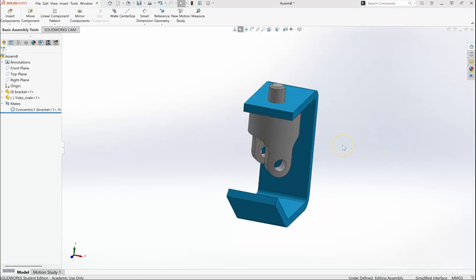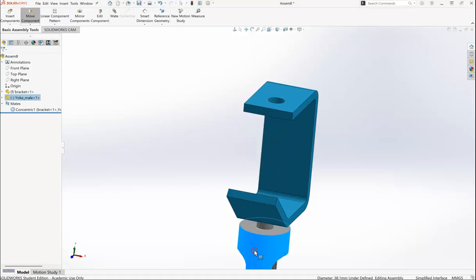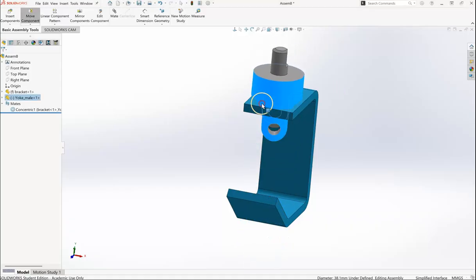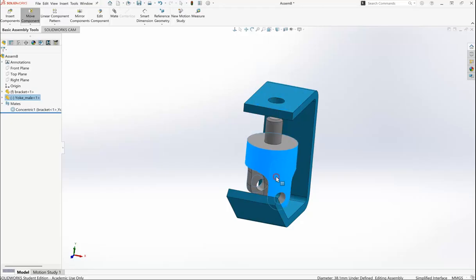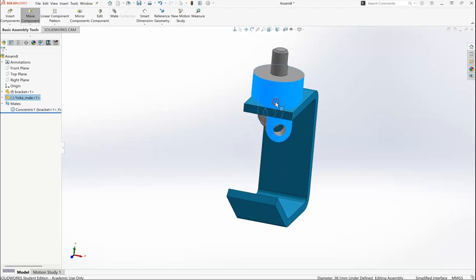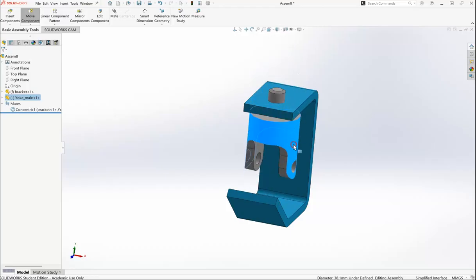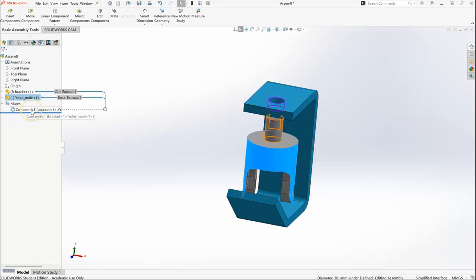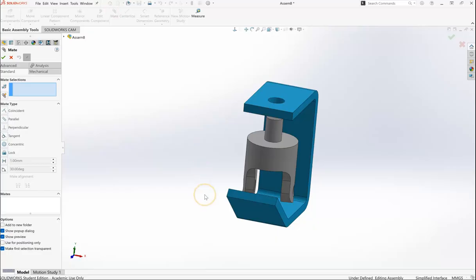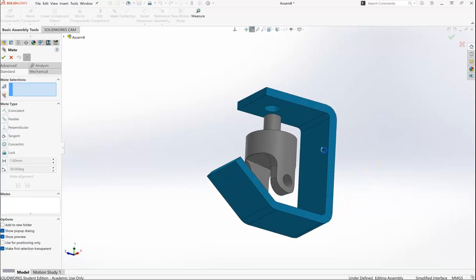Now, because these two parts are mated concentrically, I can still move this. I can rotate it up and down vertically, but I cannot drag this side to side. I can only rotate it. And so what we need to do now is constrain it vertically. And so what we're going to do is we're going to add another mate. And if I select the underside of this,